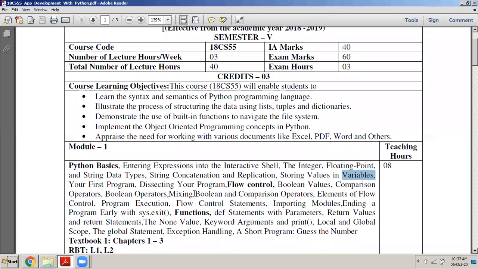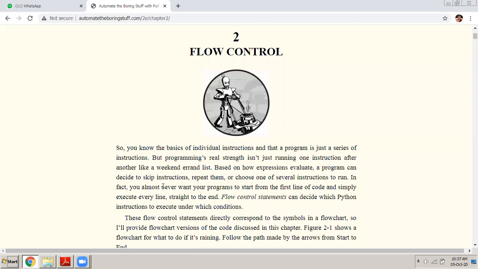And then later on we moved forward, and we understood the meaning of flow control. This was, I think, the third chapter that we will be studying. Thanks to Omkar, he has shared the textbooks with us, the PDF files. Somehow it is not getting downloaded on my laptop. It is there on my mobile phone. I will shift it to my laptop maybe